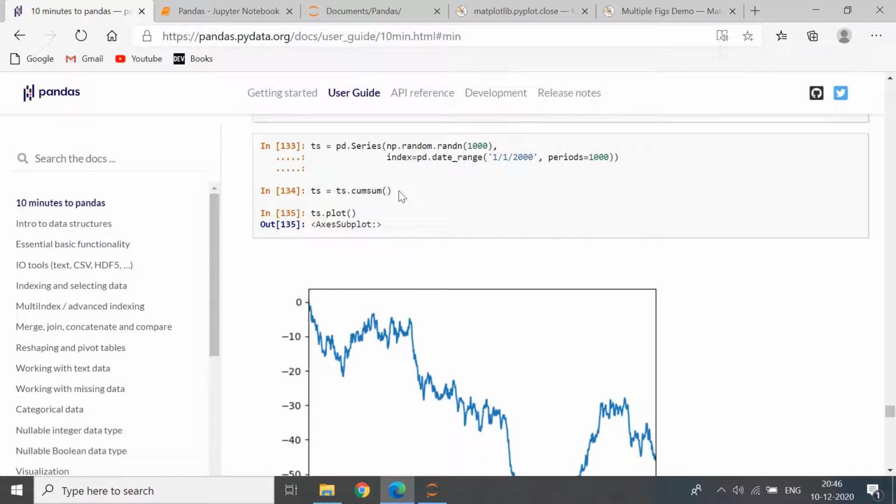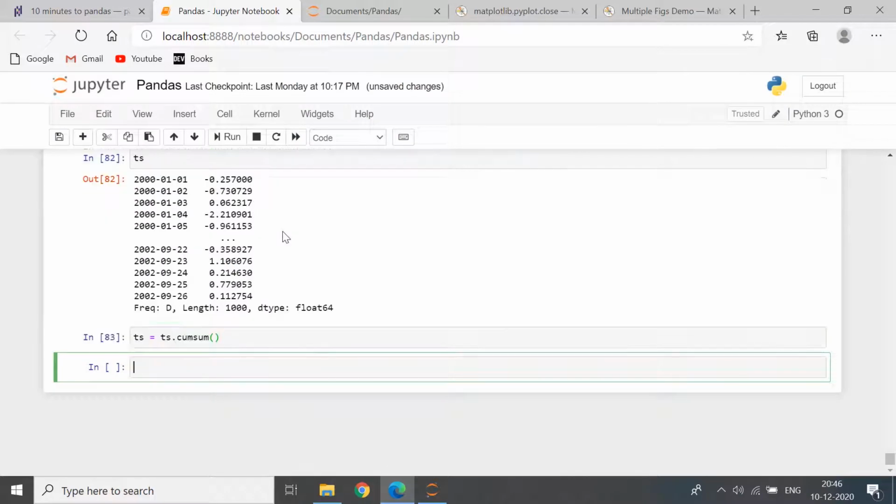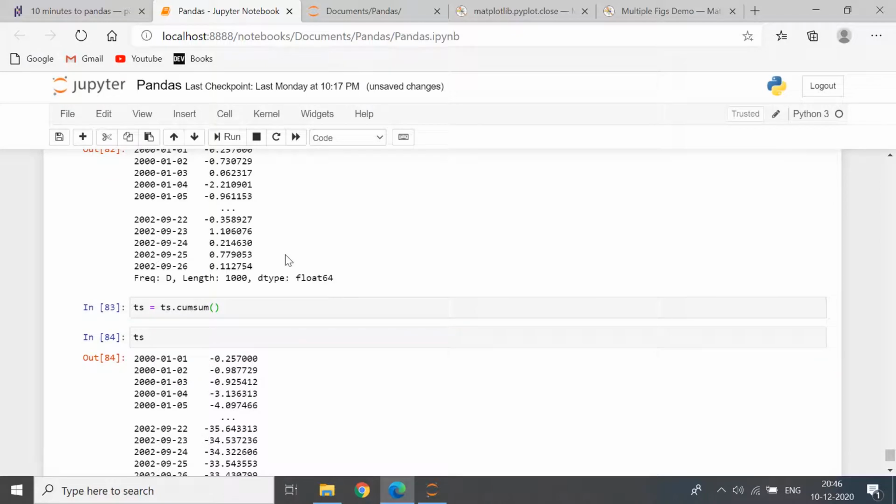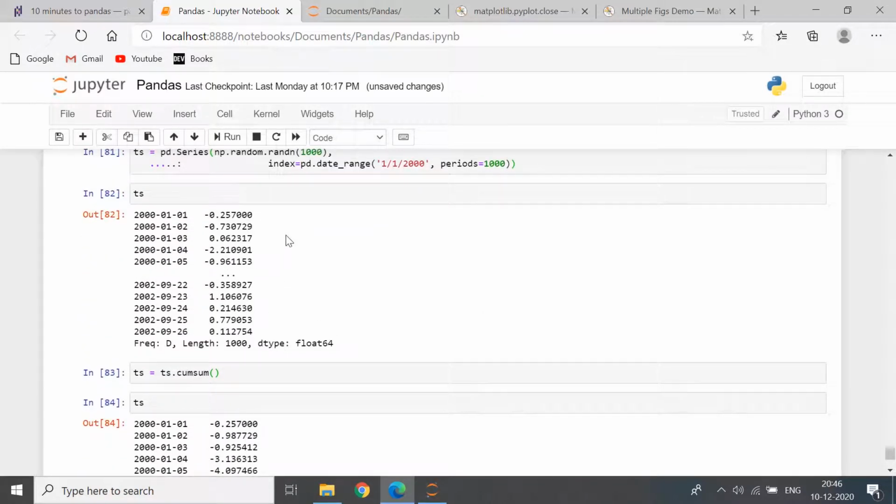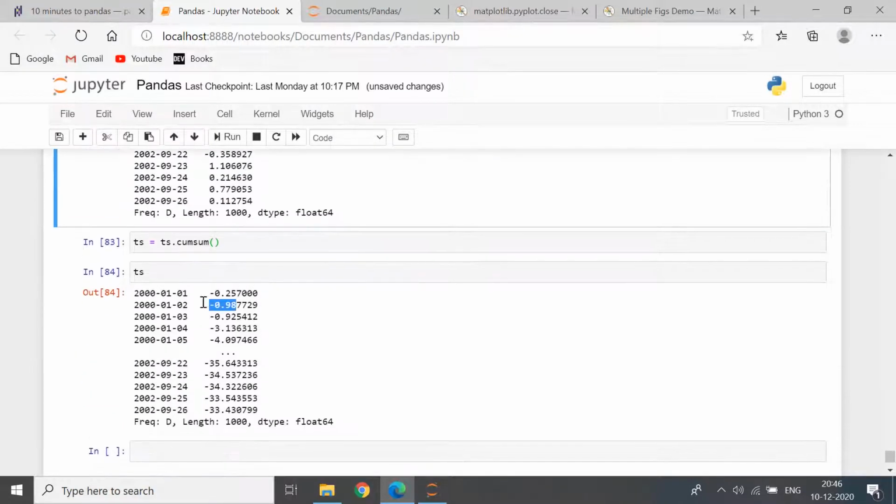And then doing this. This basically is the cumsum or the cumulative sum function, and it does the cumulative sum. Cumulative sum is something you might be familiar with if you've worked with frequencies before. It basically adds the successive values. So basically, this got added to this, and this value got replaced with the sum.